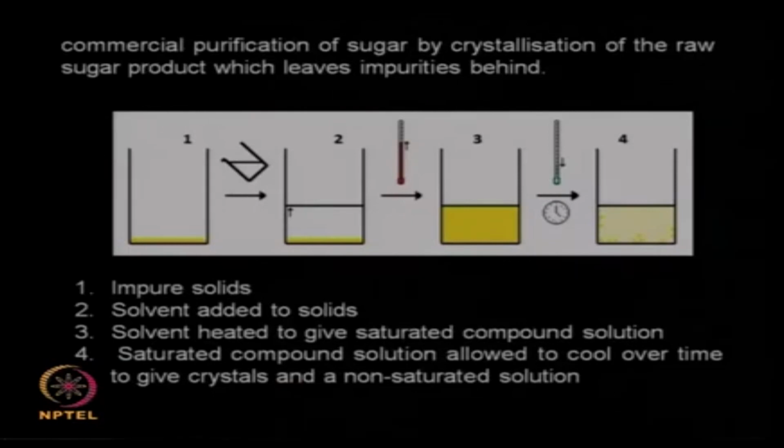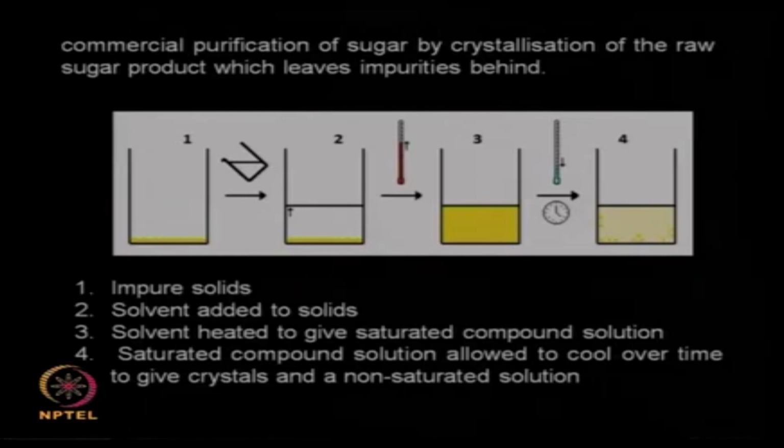So we might have all done this type of experiment long time back when we were kids. So how do you get sugar crystals? We take impure sugar, put it in water, keep on adding lot of sugar into it so that the solution becomes saturated. Now when we start a little bit of heating, what happens, whatever solid sugar that has not dissolved will also get dissolved actually. So when we bring up the temperature, all the sugar will get completely dissolved, only impurities may be left behind. Okay, now we can filter and remove the impurities if you want, or we can use a decantation so that the top saturated